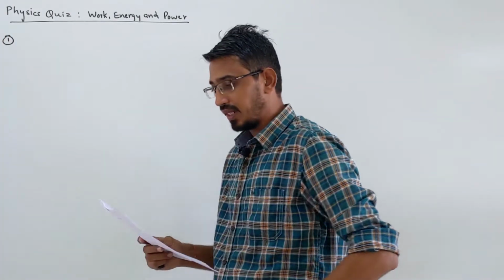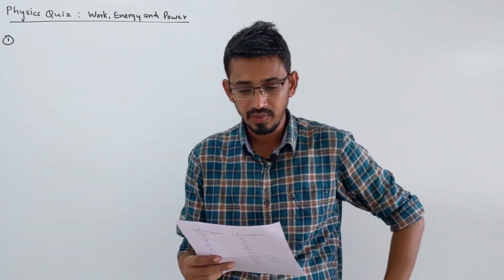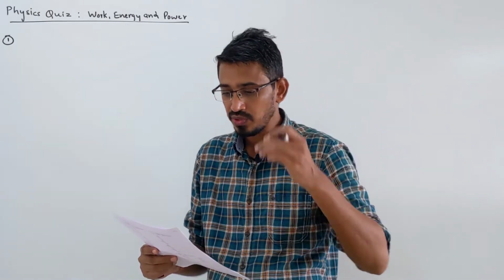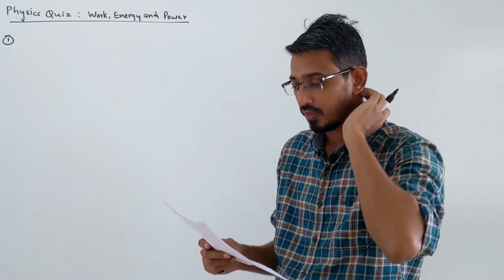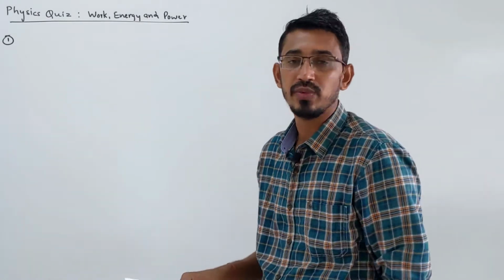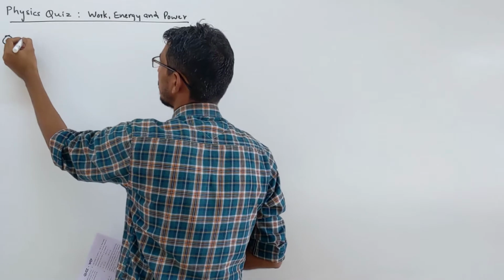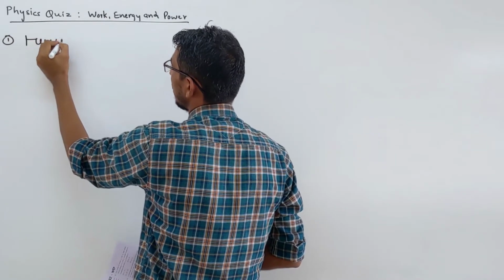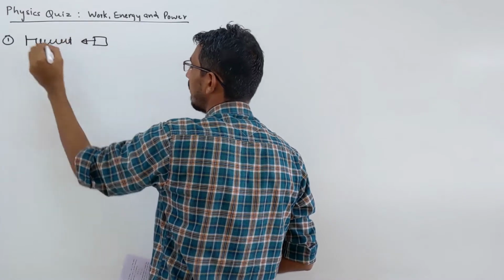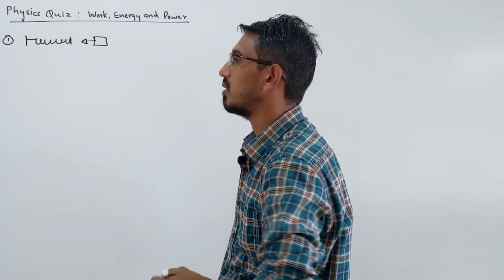They said there is a body of mass 0.1 kg moving with a velocity of 10 meters per second, and it hits a spring with a force constant of 1000 Newton per meter and comes to rest after compressing the spring. The compression of the spring is what? So it's a very simple energy conservation topic. Look here. The spring is here and a body is coming with some velocity and hits this spring. The spring will compress, right? So they are asking what's the compression of the spring.